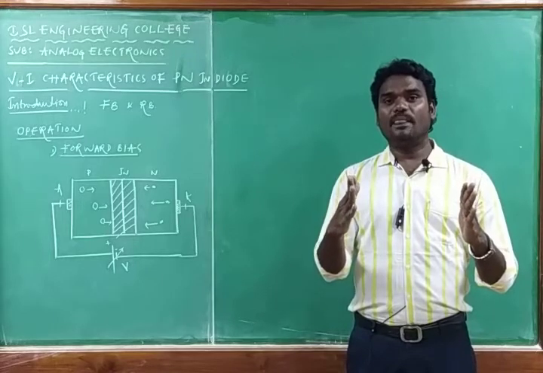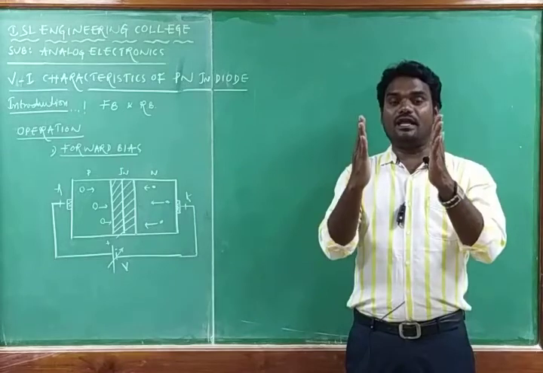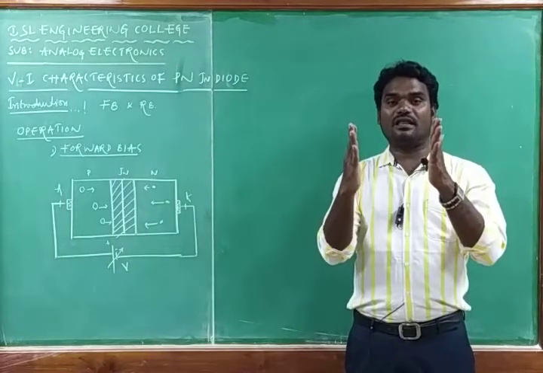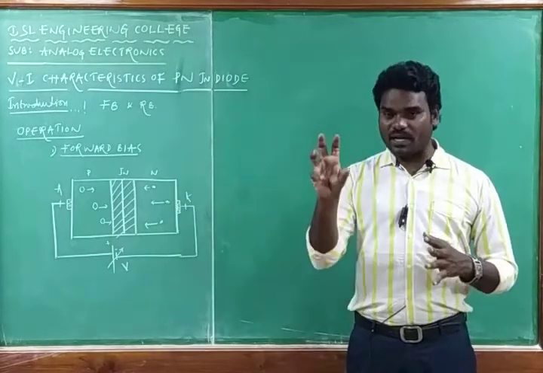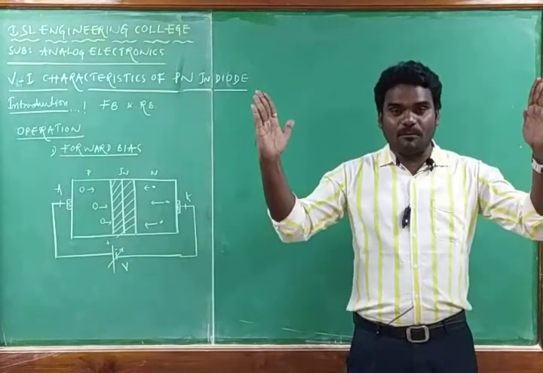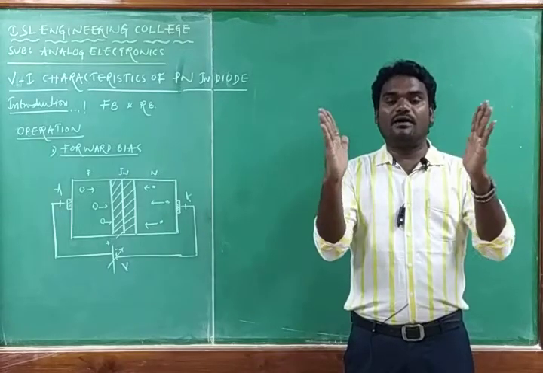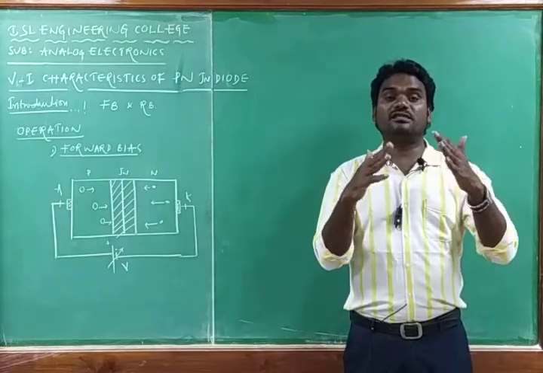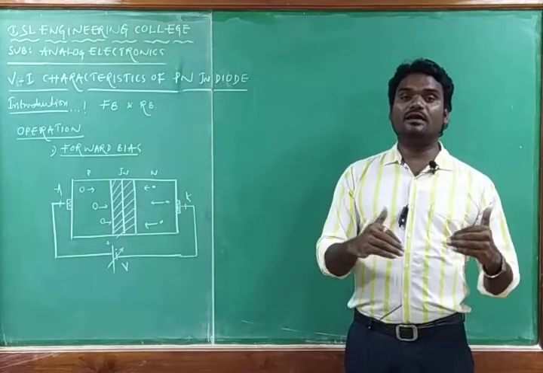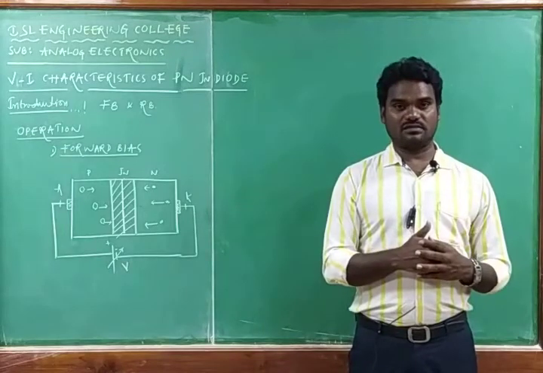So as you increase the forward bias voltage, there is a decrement in the barrier potential or the depletion width. At one particular point of this forward bias external DC voltage, the complete barrier potential is going to be zero, or the depletion width is going to vanish. At that point, there is no barrier for the flow of electrons.